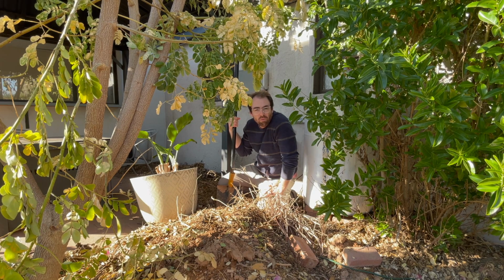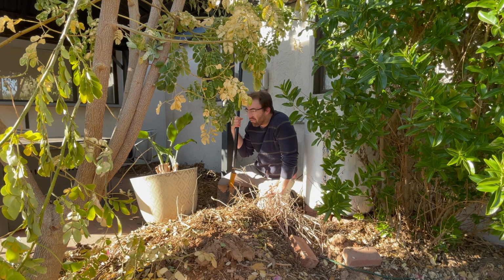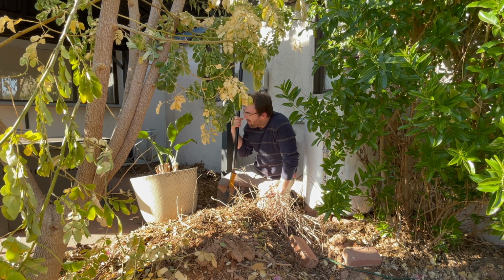Typically it's that cold weather, especially when we get down into freezing like we've been for the last week and a half or so, where we've had that frost every day. Even if it's just light frost, that's what ends up killing our tropical trees. So now's not the best time to be planting our bird of paradise here,